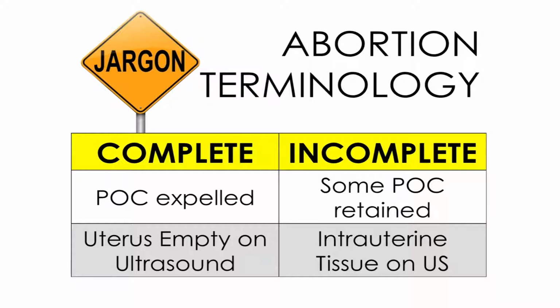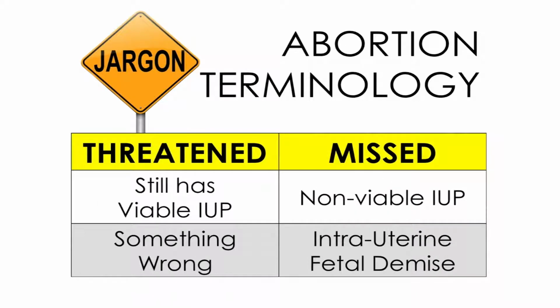Incomplete abortion occurs when some of the products of conception have been expelled from the uterus. However, some of those products of conception are still evident in the uterus on ultrasound. With threatened abortion, there is still a viable intrauterine pregnancy seen by ultrasound. However, there's some other issue present that puts the pregnancy at risk. Missed abortion is when a non-viable intrauterine pregnancy is seen by ultrasound, and the products of conception are still within